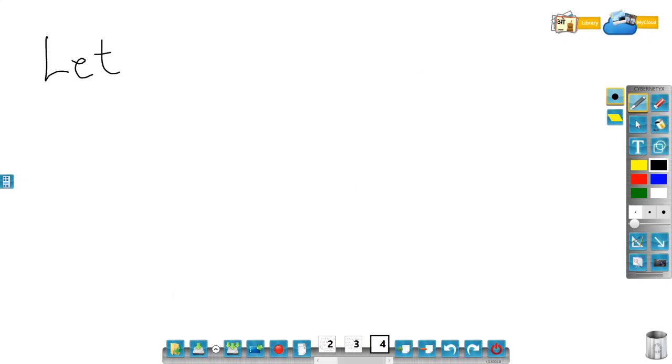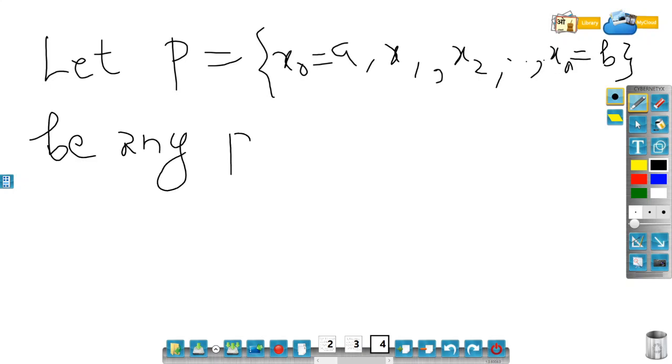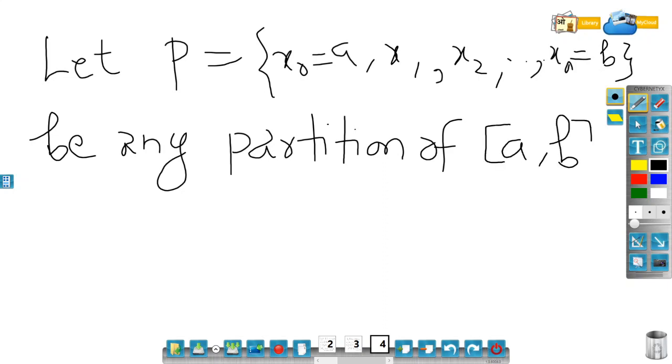Let capital P equal x naught, which is a, comma x1 comma x2 comma dot dot dot xn, which is equal to b, be a partition of the closed interval a comma b. Instead of saying be any partition, I'll say be a partition of a comma b. Right, now define